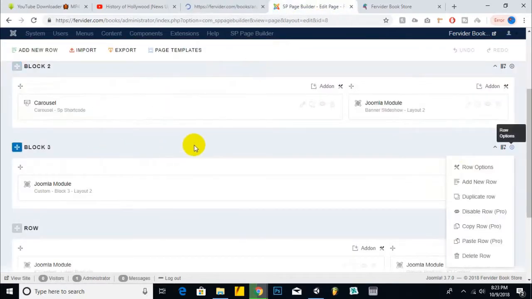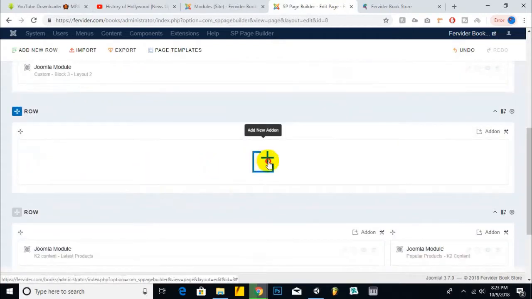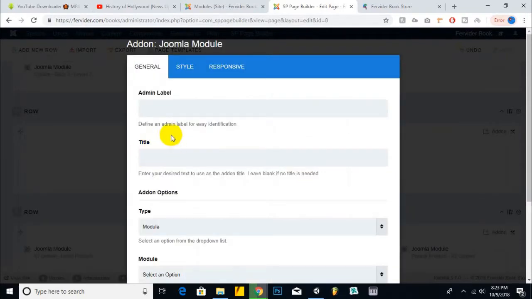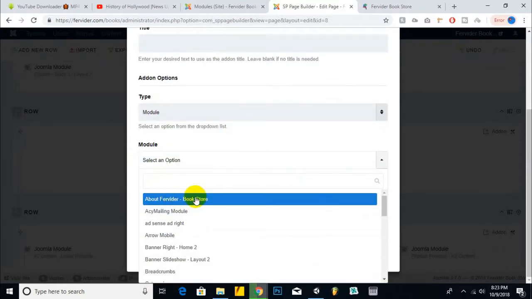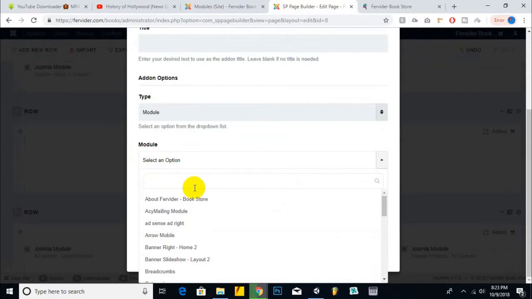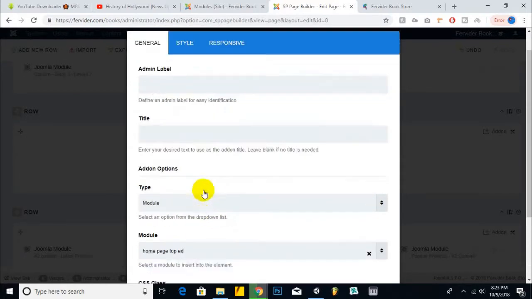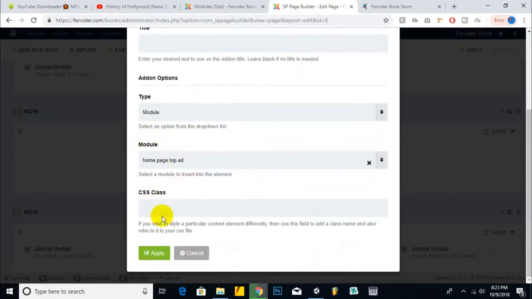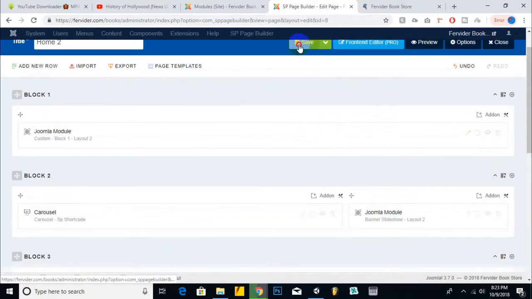So here now we will add one row, add new row, and in this row we will add our add-on, and for that we will select Joomla module, and here we will add our module. So we have home page top ad here, so we have selected this one. We can add some title if we want. Anyhow, we don't need it in this case, we will just click on apply, and our ad is successfully added on